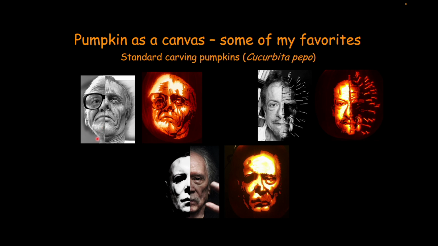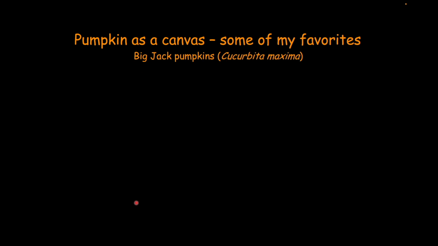I thought, well, if I was to take George Romero here on the left and combine him with one of the characters from his classic zombie movies and make a two-sided pattern and then carve that two-sided pattern, how would it look? I did the same thing with Clive Barker and John Carpenter with characters from their movies. I thought it came out pretty well.